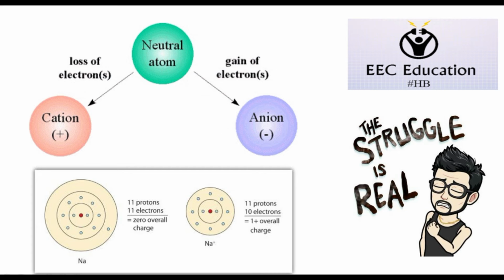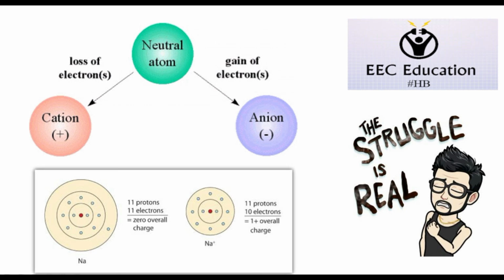The atom is electrically neutral, which means that the number of electrons in the electron cloud is equal to the number of protons in the nucleus. That is, it contains no net charge. An atom can be converted into an ion when the balance between the number of electrons and protons is disturbed. If the number of protons is more than the number of electrons, then it becomes a cation. If the number of protons is less than the number of electrons, then it becomes an anion.